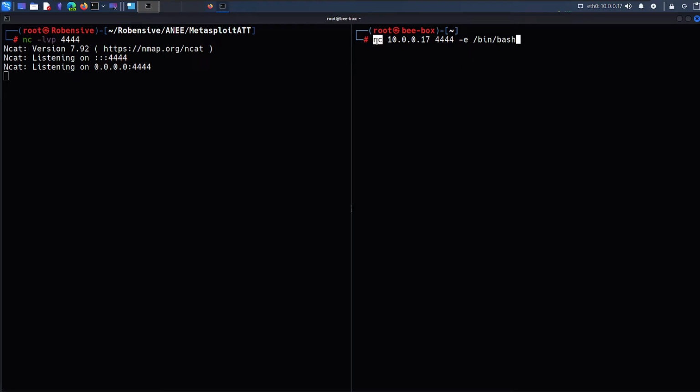So here again, Netcat is going to connect to my attacker machine on port 4444 where I'm listening, and execute bash as a program. If I hit enter, it got a connection, and if I type hostname again, it's a B box. So what I'm doing here is getting that shell as a service, but delivered to my attacker